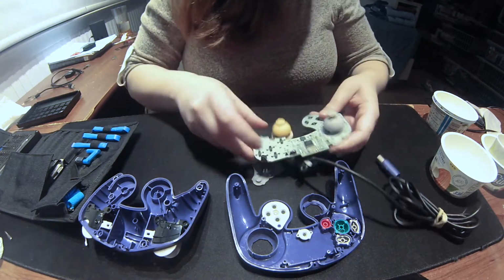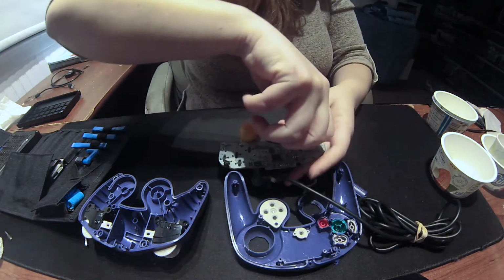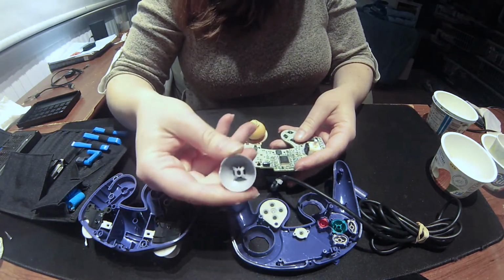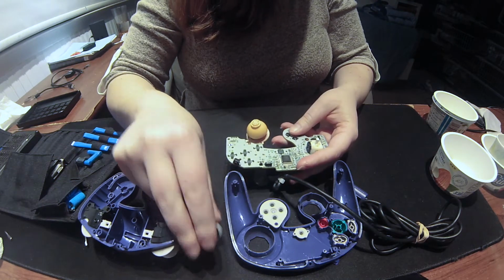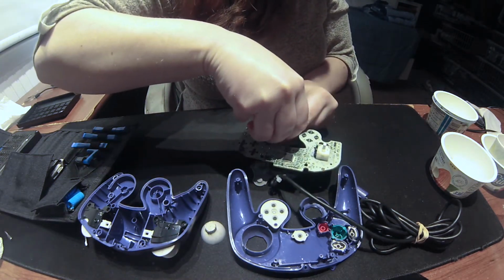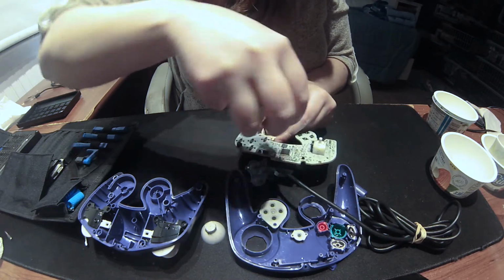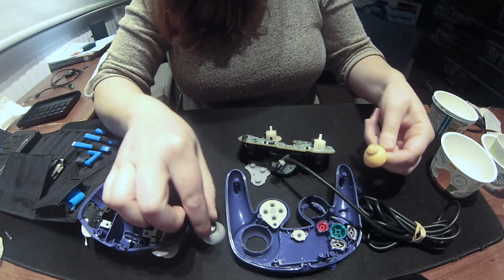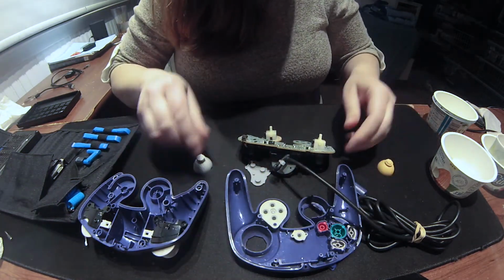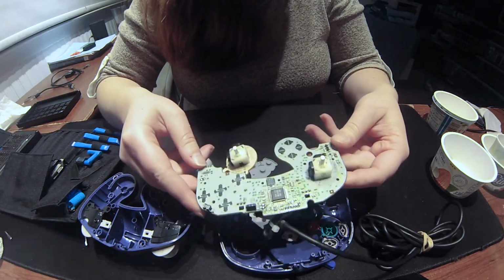Cool. Alright, so I'm gonna change these guys. Just pull it off. Yeah, it's pretty easy. Gotta be careful with this one. Awesome. So you got two nasty knobs off. And I'm gonna clean this little board off. He's pretty nasty too, so